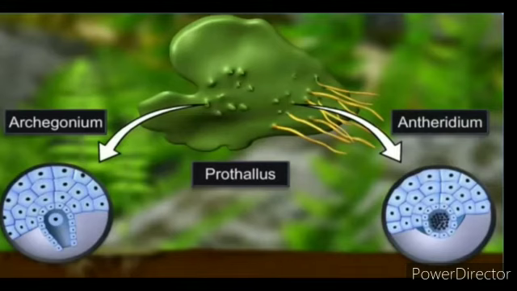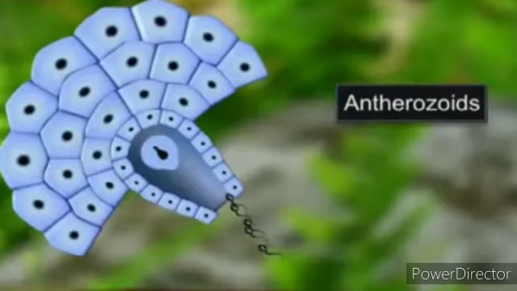The gametophytes bear male and female sex organs. Gametophyte means the gametes are present in the plants. The male sex organ is called antheridia and the female sex organ is called archegonia. Water is required for transfer of antherozoids. Antheridia produce the flagellated antherozoids. The male gametes released from the antheridia are called antherozoids.